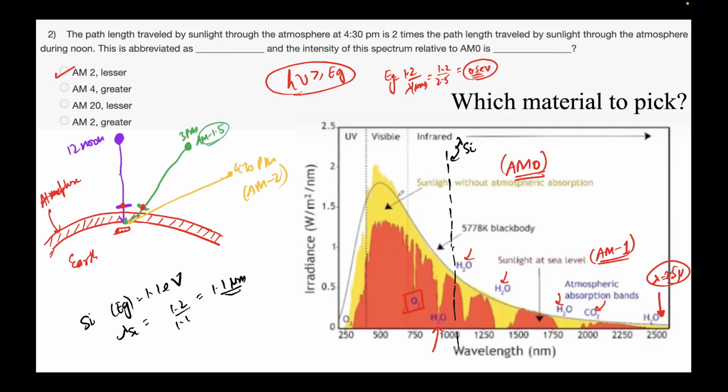So below this, silicon can absorb everything. It will depend on various factors, but a silicon-based solar panel can give at least an electron-hole pair in all these wavelengths. All the wavelengths above will naturally be wasted. Okay, let's say if you want to try germanium,